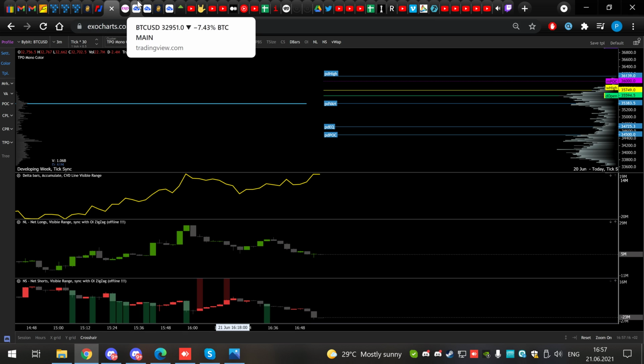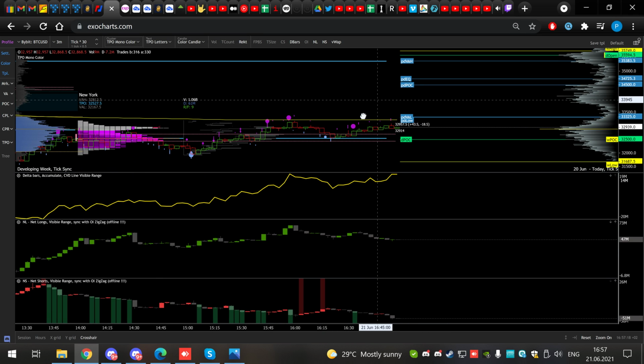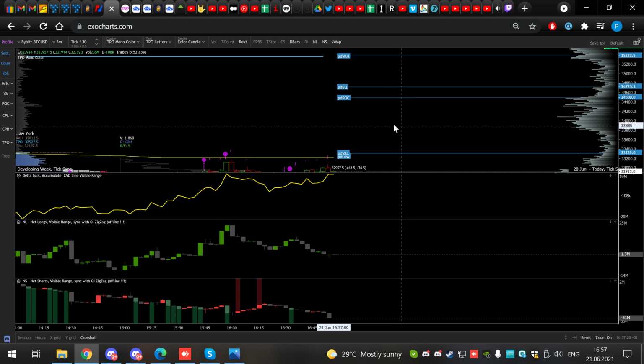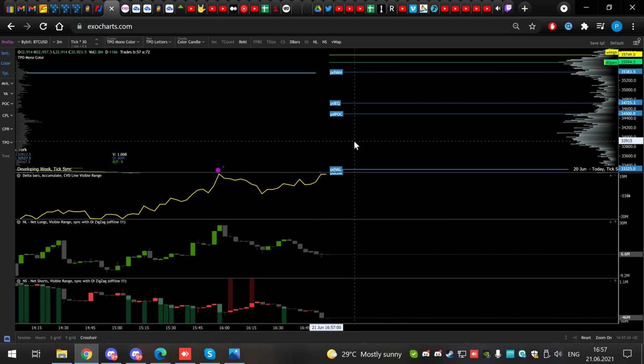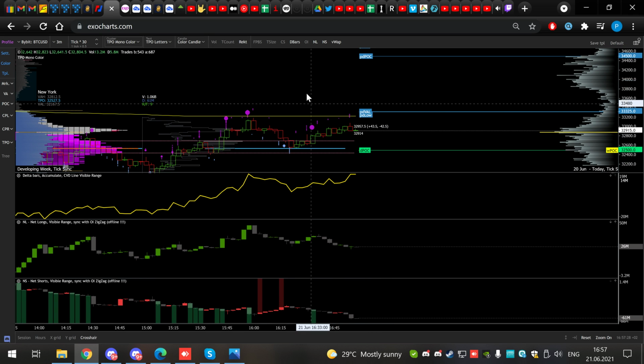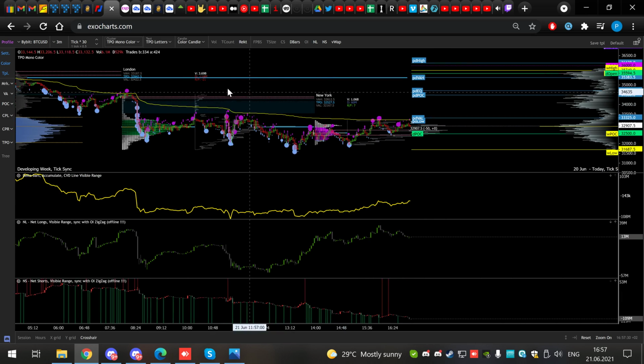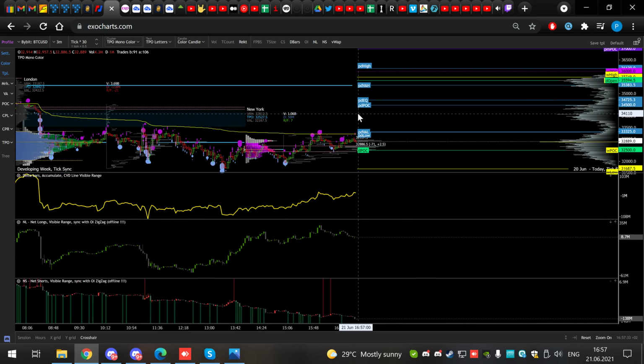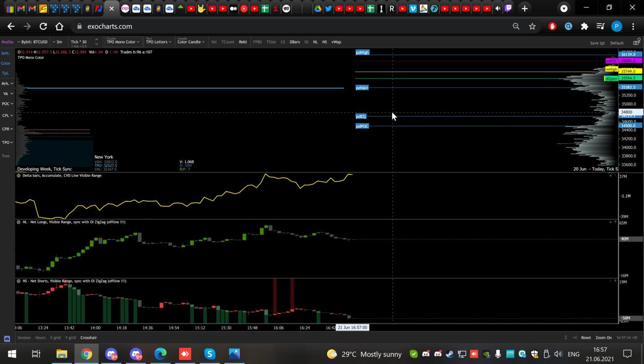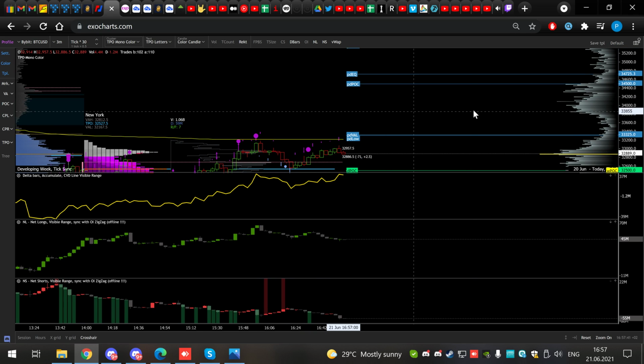It is an important level as well, but it's important for scalpers if you use previous day value area low. Not so important for swing traders, for example. For day traders, it can be important as well. Okay. I will be discussing value area levels in a separate video, so I'm not going to discuss it in this